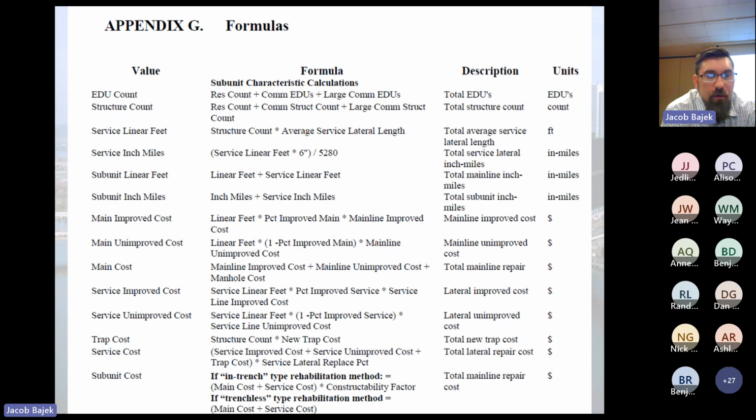Moving forward, further down in the user guide is Appendix G, which I find very interesting. It looks at formulas, and this gives you an idea of where each input is being utilized and used to get to each individual result. So there's formulas for